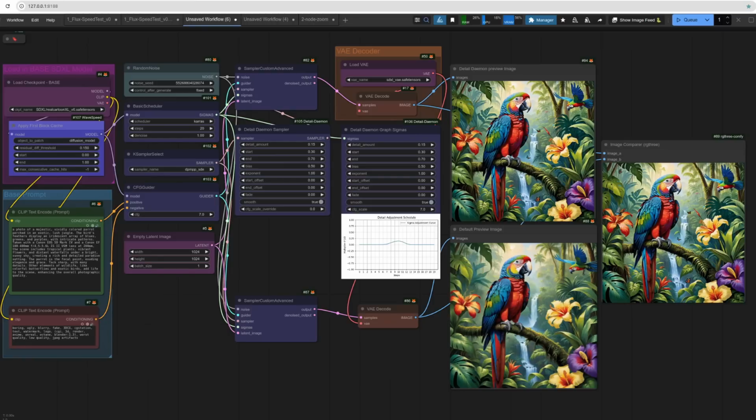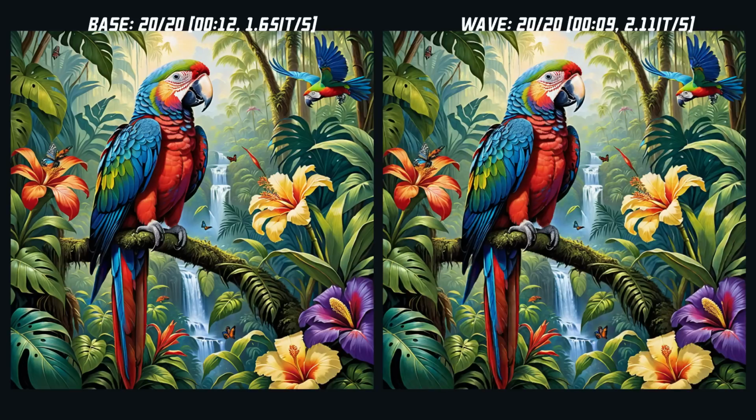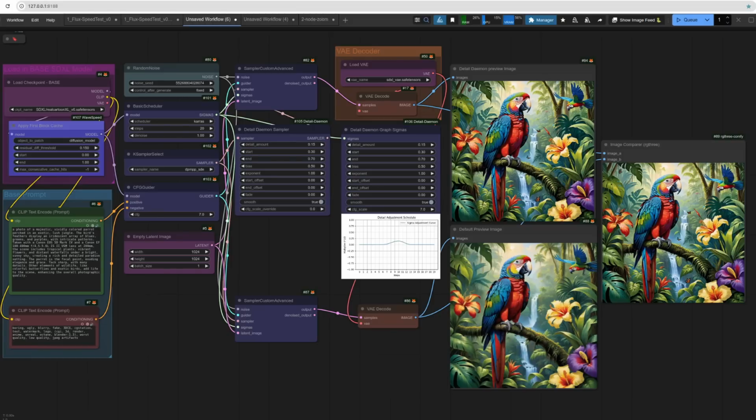WaveSpeed works with SDXL too, like in this detailed daemon example. In this test, it shaved off 3 seconds, and if we look at the two images, well, there's barely any difference at all. Whilst I have only shown image generation here, the same principles apply if you want to speed up video generation using the non-commercial LTXV model or the territory-restricted HunyuanVideo models, which, of course, for those reasons, I